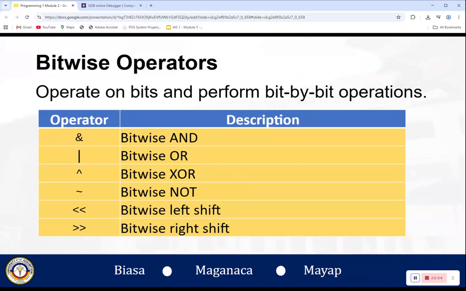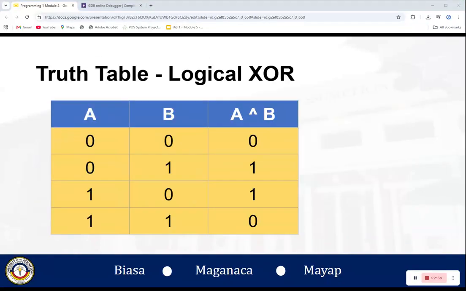Now we also have your bitwise XOR. This caret symbol represents exclusive OR, that's why XOR, which has a neat behavior that we will be checking later in its truth table. The bitwise XOR is one of the most useful operators in cryptography, graphics, and low-level math.